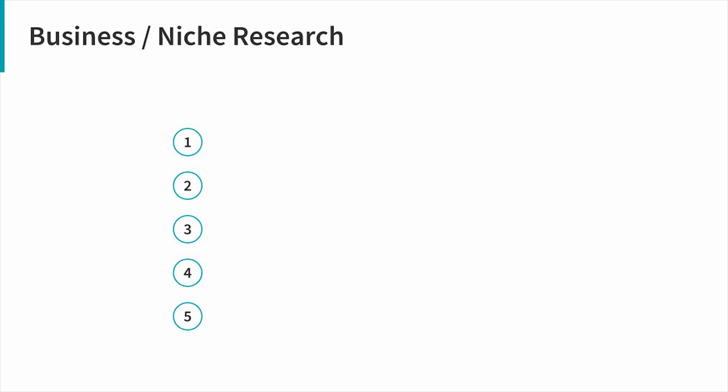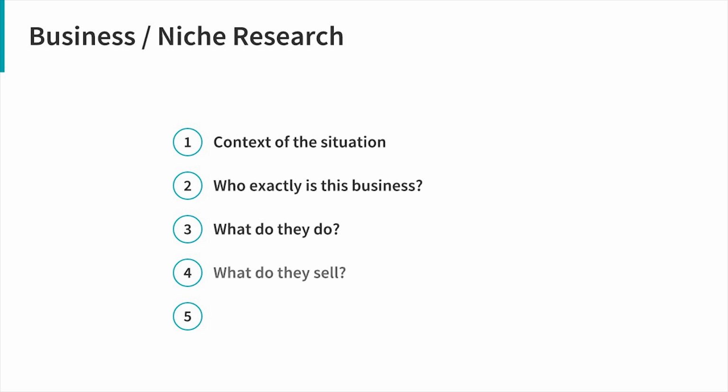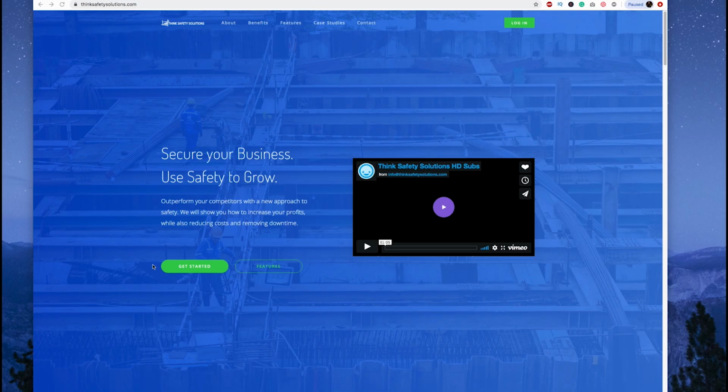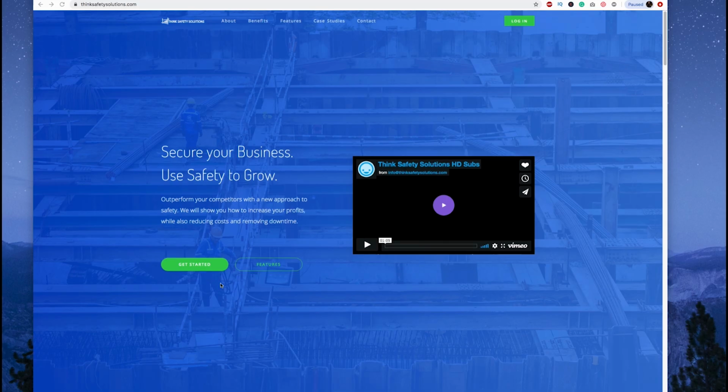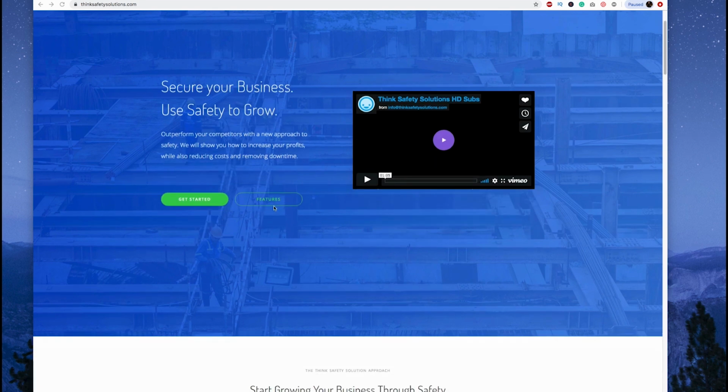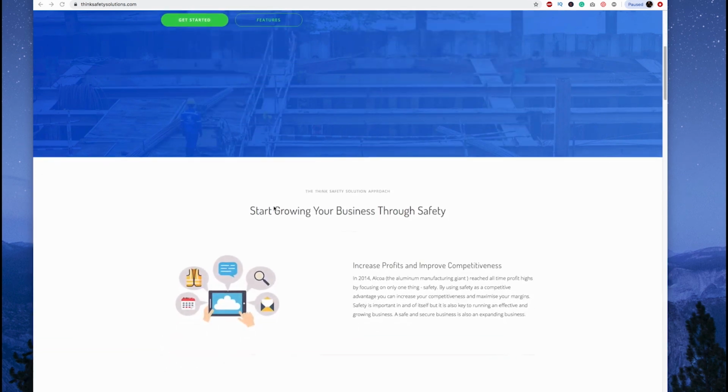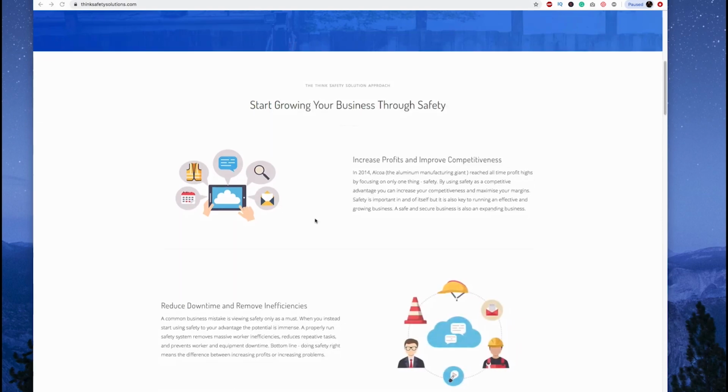Usually this stage takes me about 15 minutes. It's the first thing that I do. I want to figure out the context of what is going on. Who is this business? What do they do? What do they sell? How do they help people? Who might be their customer? All those sorts of things. So what I would do is start on the website first, go to the website, take out the information that I can that is going to be relevant to this sales meeting,